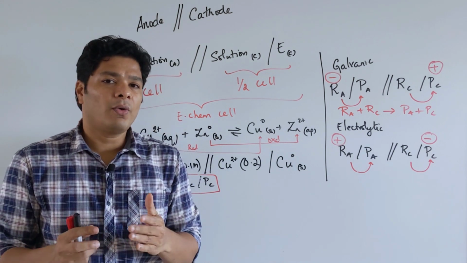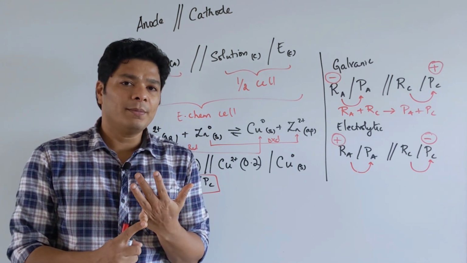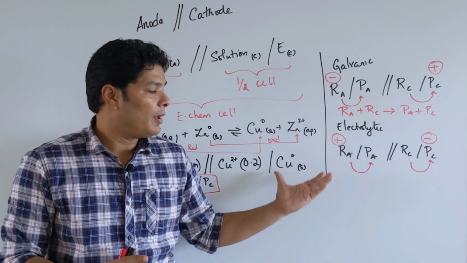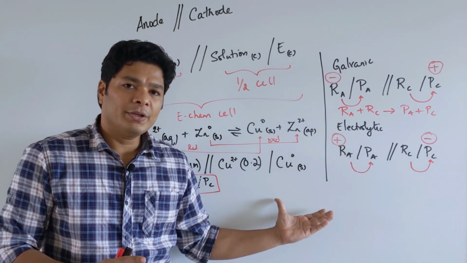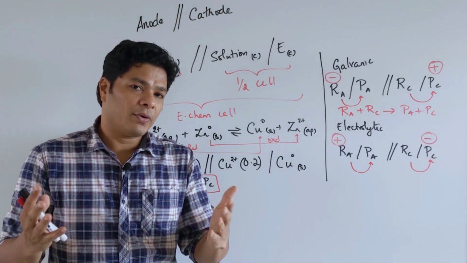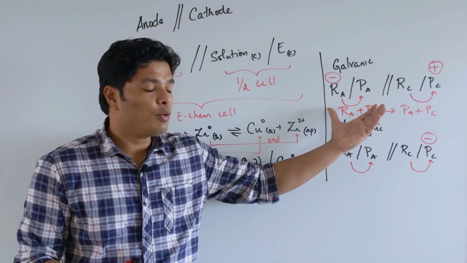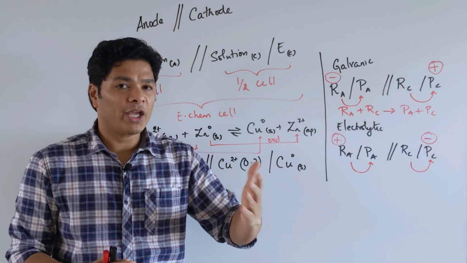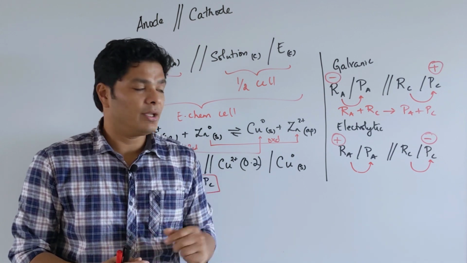These are the basis of how to look at a cell and how to identify a cathode, anode, and how to write a cell notation. Be thorough in this, that way when you look at an example you are able to go and do, let's say for example the Nernst equation. Let's imagine that you make a mistake in figuring out cathode and anode. The Nernst equation calculation will take you time, and that time would be wasted if you got this wrong.